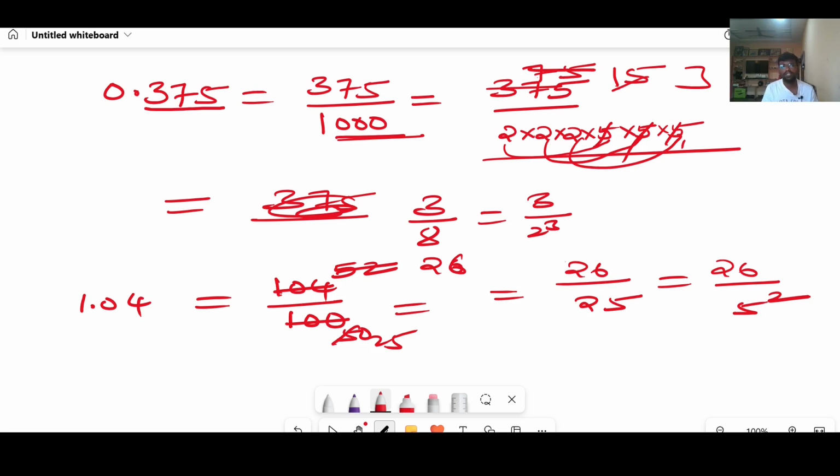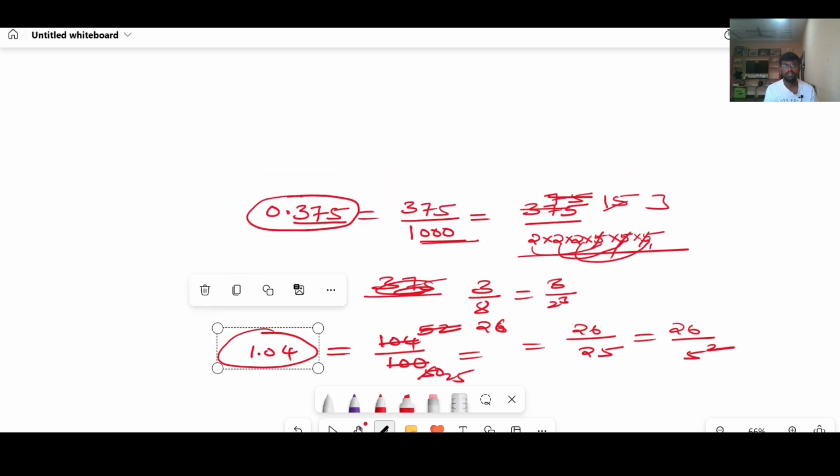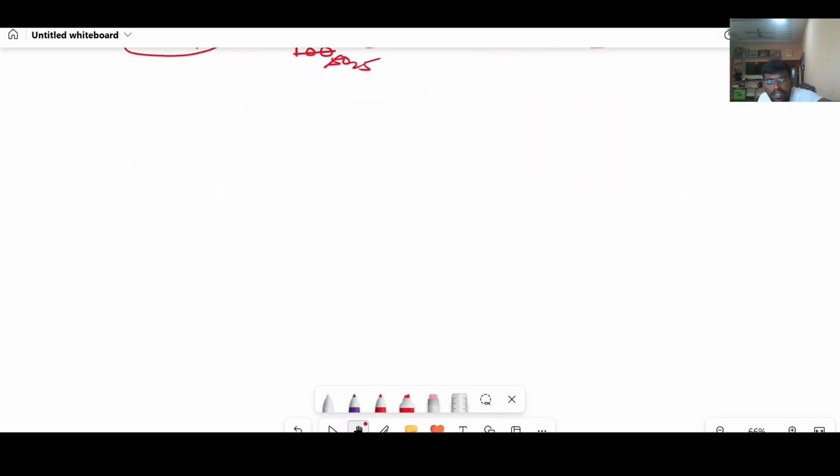Look here, we can call it a terminating decimal, right? Here it is also a terminating decimal. It is also a terminating decimal. I can tell this is a terminating decimal. Now, since these two are terminating decimals, you can observe in the fractional form for those terminating decimals,